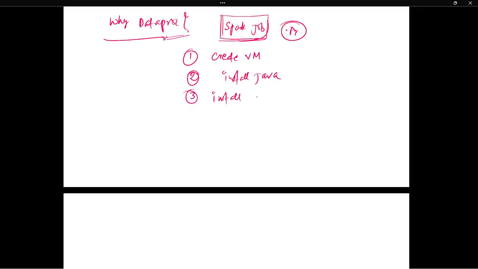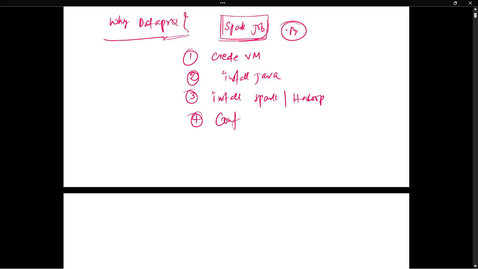Then the fourth thing we have to do is configure Yarn or any